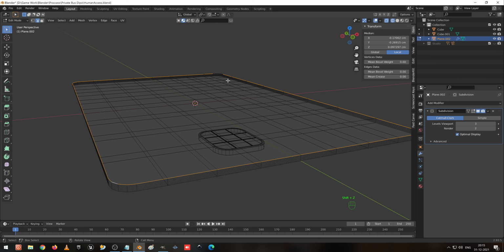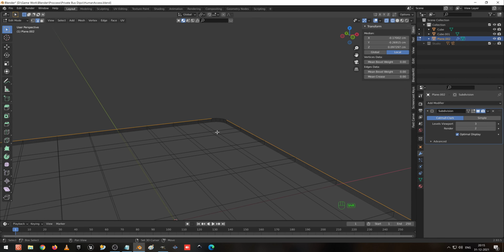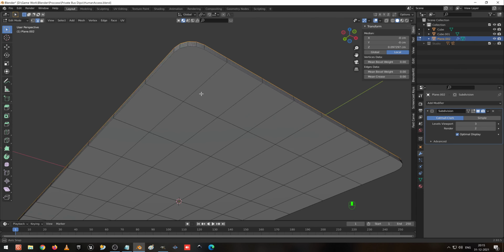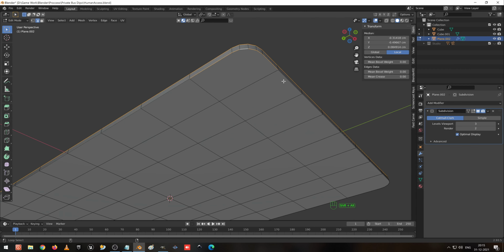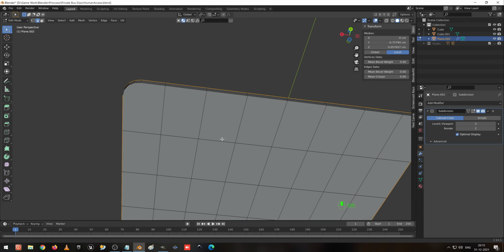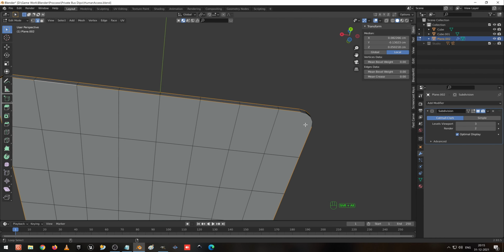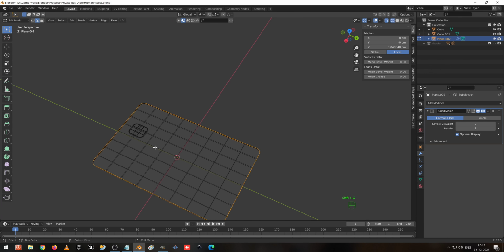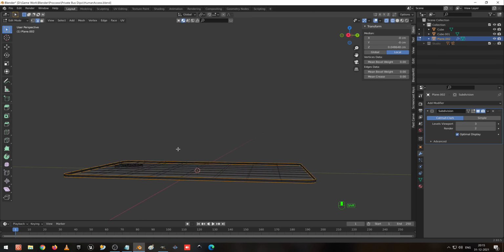Okay, now I have selected like this, but I have missed out here, so I select this too, and at the bottom I'm going to do the same. So I select this one, this one, this one, and I zoom in here, this and this. So now in wireframe mode we see that all the edges have been selected.